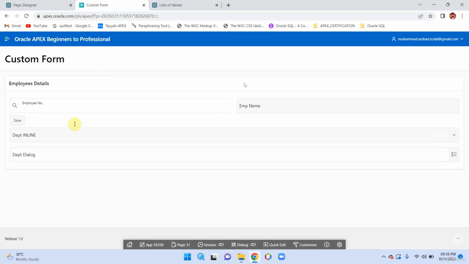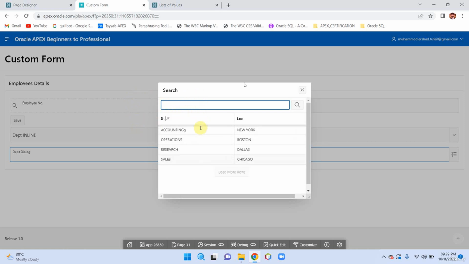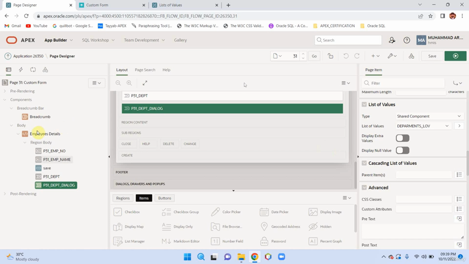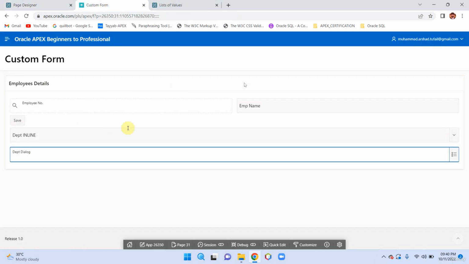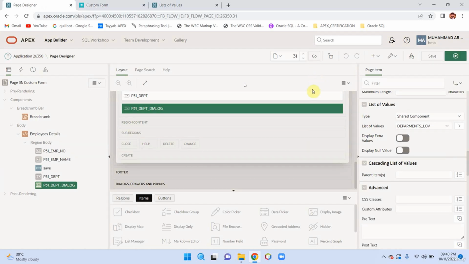Here you can see we have this LOV, and this time we are displaying department name and location both. So if I want to use this location value, then I need to use additional outputs. So for additional outputs, for example, I want to set this additional output value, which is location, and want to set it into employee name text field. Then what I should do,